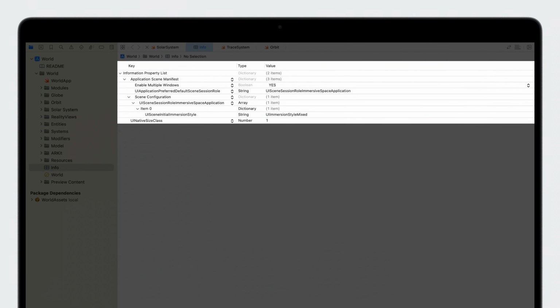So far, our app allows us to open a space with a click of a button. But what if you want to launch an immersive experience right when your app starts, like if you have a fully immersive game? In order to launch directly into an immersive space, you'll need to configure the scene manifest for your app. Just set the immersive space application role and the immersion style. Attach your space content as you normally would, and it'll open right away. You can also have your app go back to a window if the user chooses to dismiss the space.